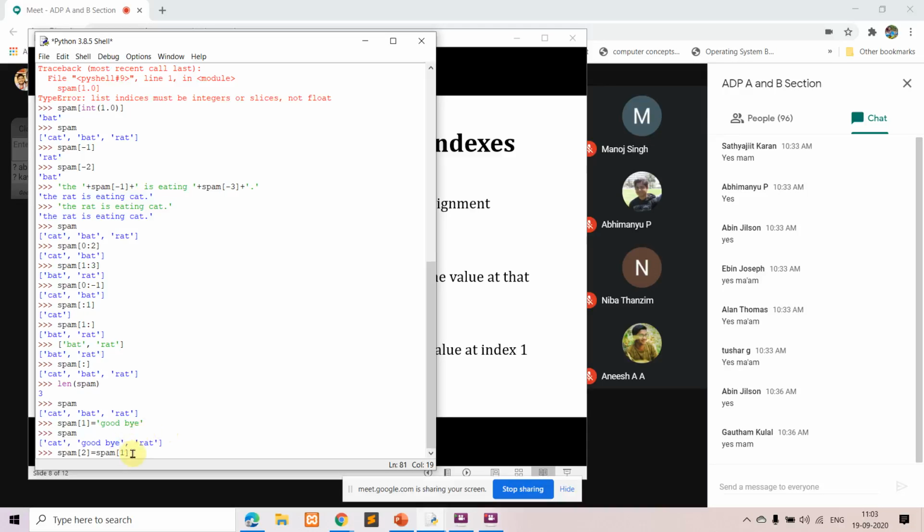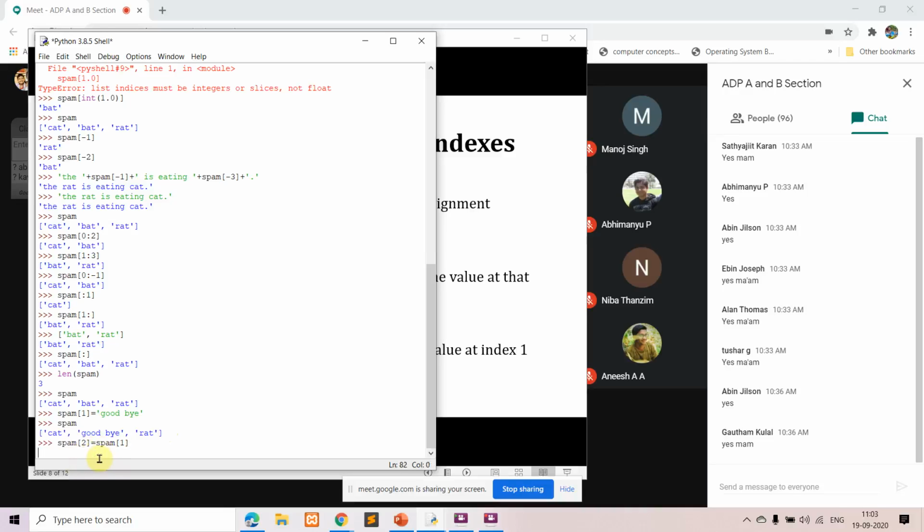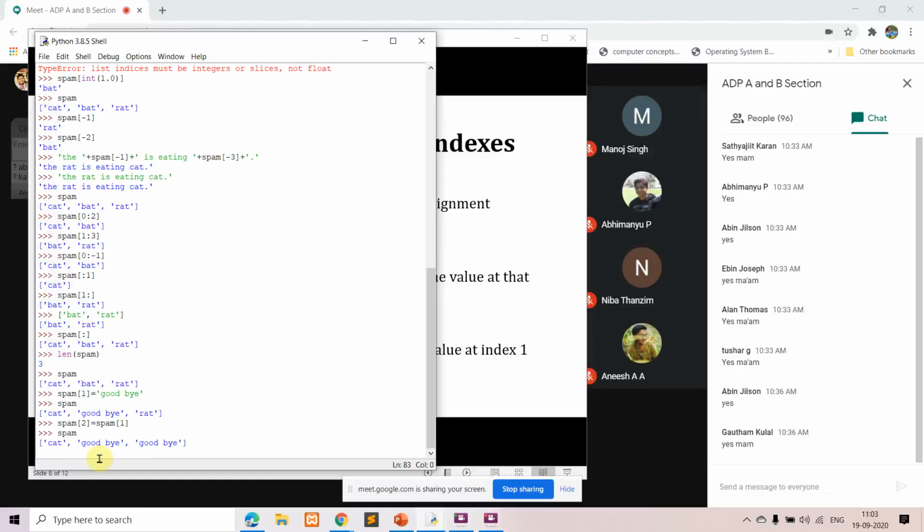We are assigning the value of spam of 1. In spam of 1, what do we have now? We have goodbye. So that value you are assigning to spam of 2. Now once again we'll check the content of spam. So now you can see both spam of 1 and spam of 2 are having the same value, that is goodbye.